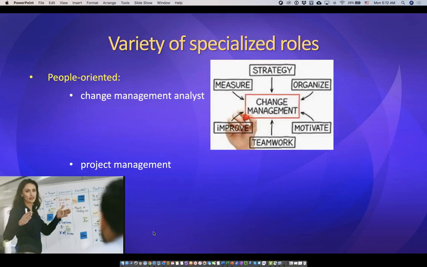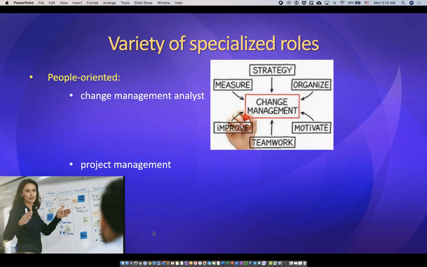Now, there are types of specialized roles that I'd like to talk to you about. These two are the ones that I have done with the titles as well. The change management analyst is a role that focuses on people and management issues related to a system installation. This person ensures that adequate information documentation is done, there's support available for the users, that the users are motivated, and there's a way to hear people's issues with the system. And so there are help desk setup, and also training planning and